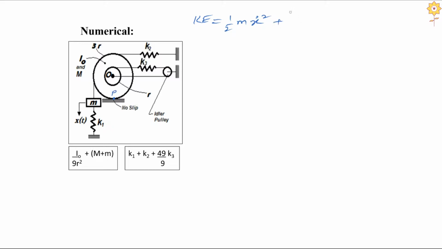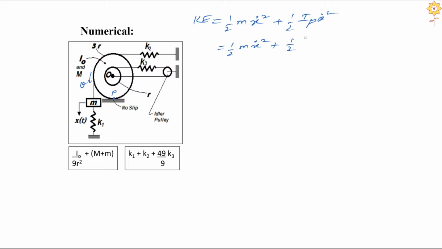It is plus half times I about P into theta dot squared, where theta is the angle of oscillation, and this should be equal to half times m times x dot squared plus half times